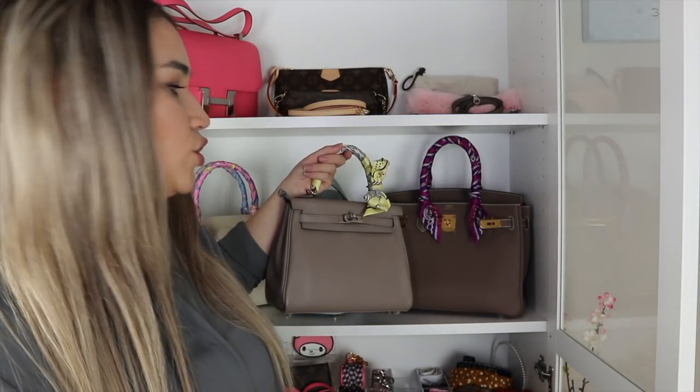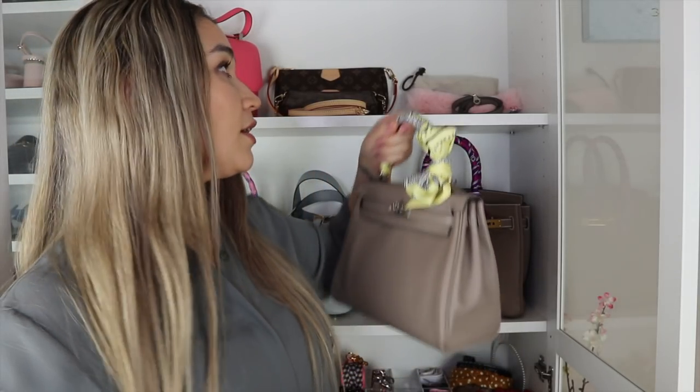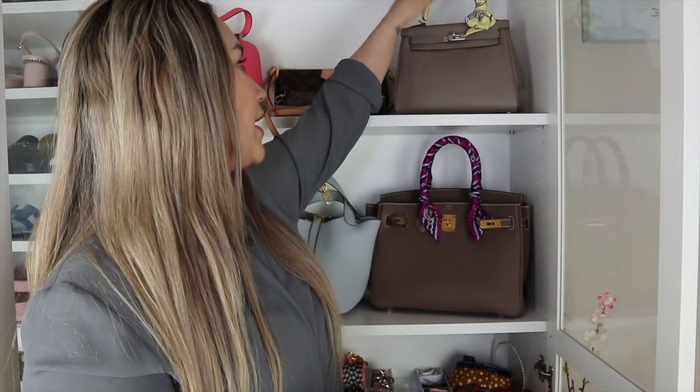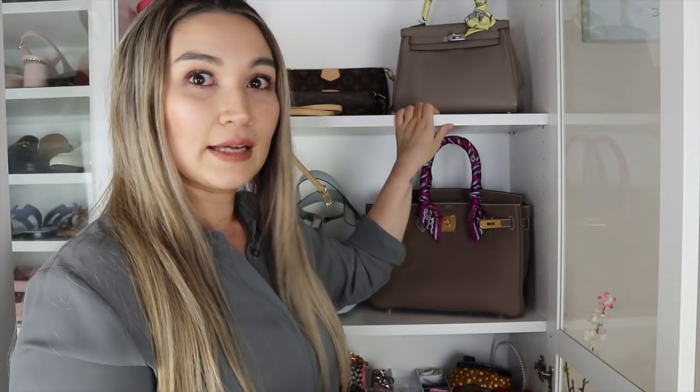This was completely brand new, never been used, and I love the color Grey Asphalt. It's similar somewhat to Etude, but still obviously very, very different at the same time, especially on Swift. So yeah, that's actually my best memory that I have of a handbag, is buying this bag on my own terms, looking for it, hunting for the exact bag that I wanted,